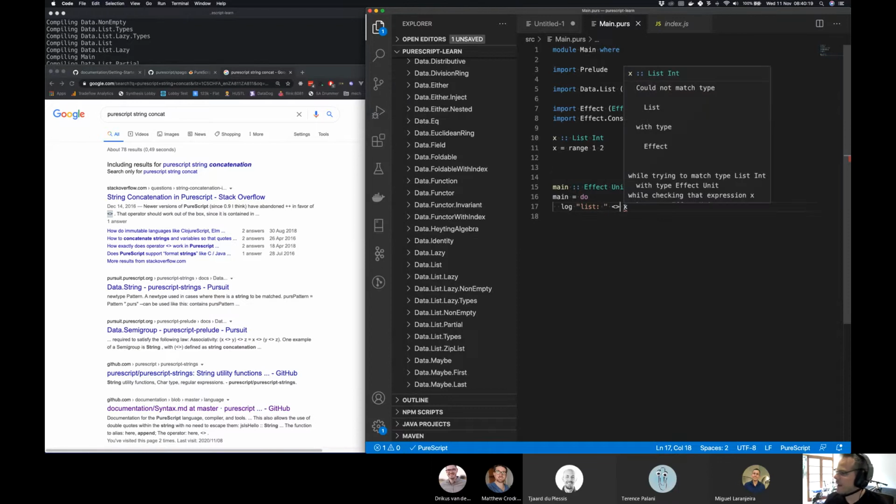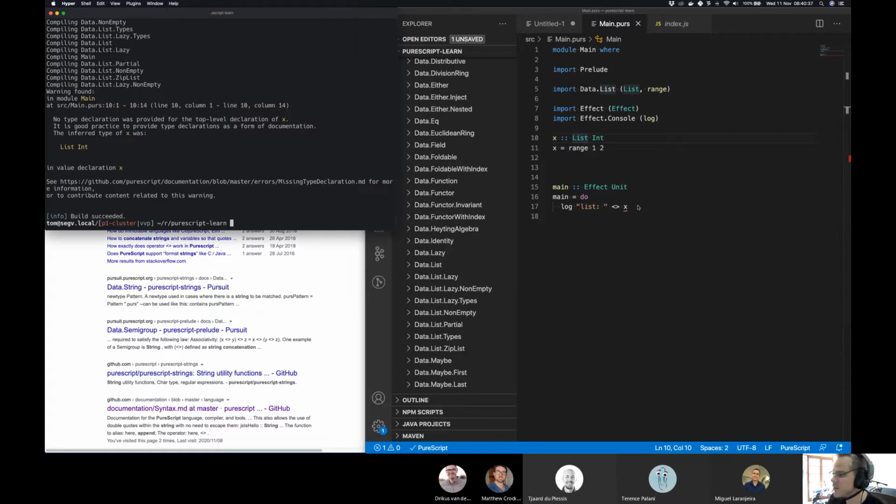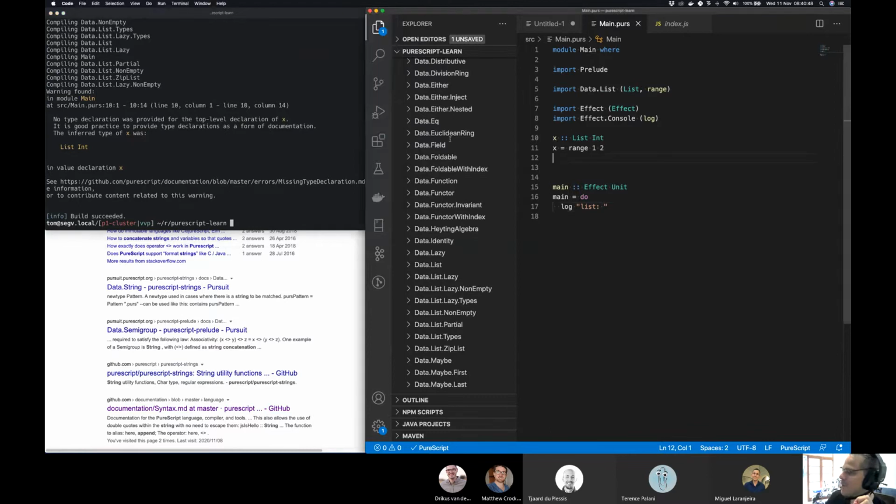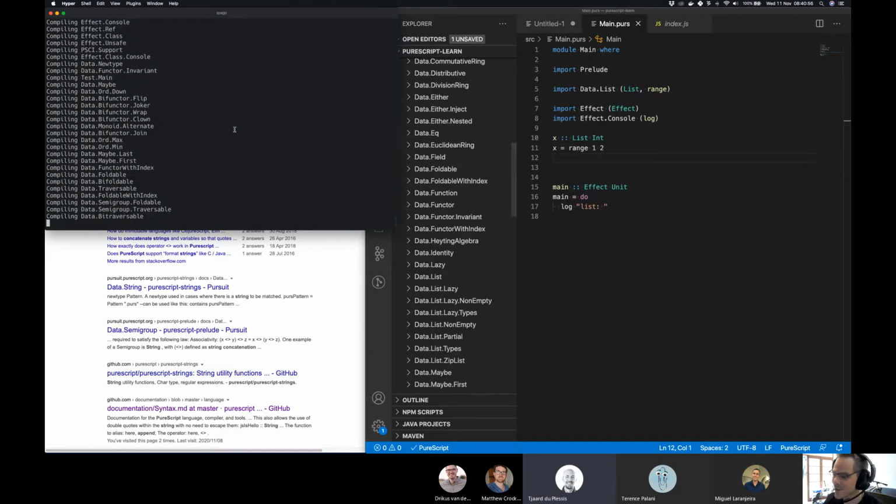Okay. And then now our error says could not match type list with type effect. Oh, so I know how I do this. So the problem is with log, it's trying to take this X thing. You know how we could maybe solve this is, rather than printing, because printing is hard until you understand effects, which means understanding monads, which means understanding almost everything in the language. So functional languages are always like printing. It's a very hard thing.